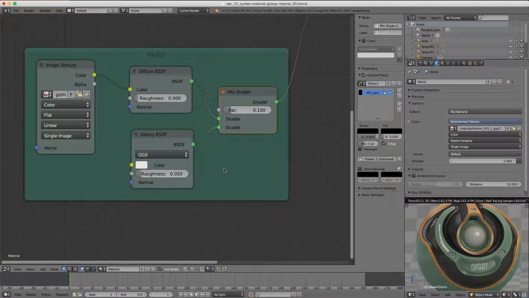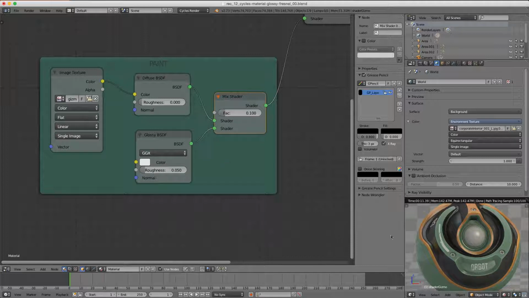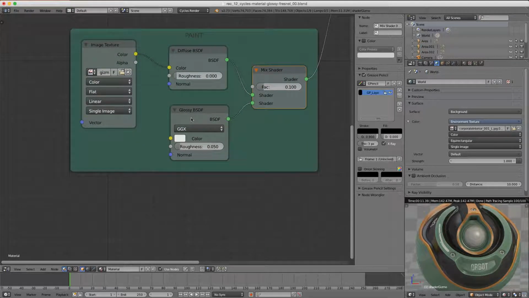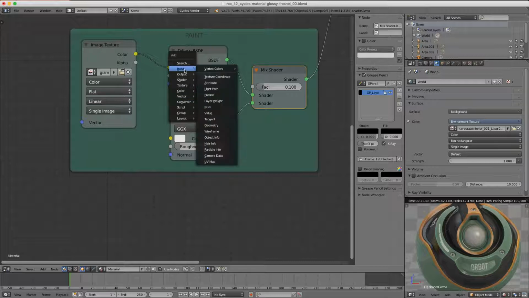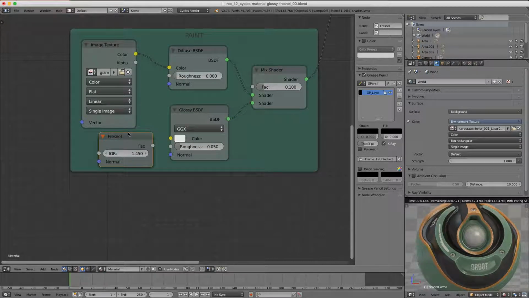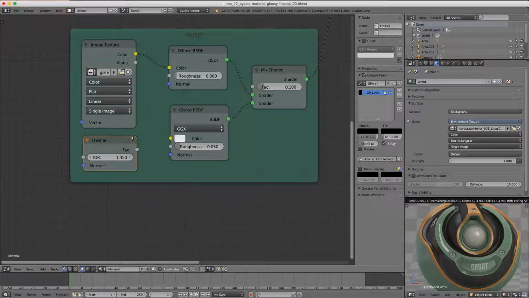The reflections are good enough, I suppose, but the fact is reflections aren't so perfectly consistent across the surface in reality, which brings us to the idea of Fresnel. And this is perhaps a little on the advanced side of material understanding, but in my opinion, it's so necessary for a realistic result that I want to include it here in the fundamentals course. So I'm going to add a Fresnel node, Shift A, it's in the Input section, Fresnel. And we'll drop that to the left of our glossy BSDF inside the frame node, which you can see swallows